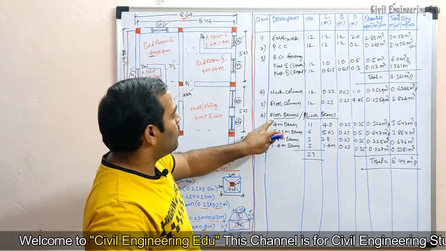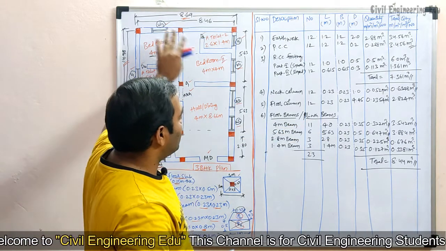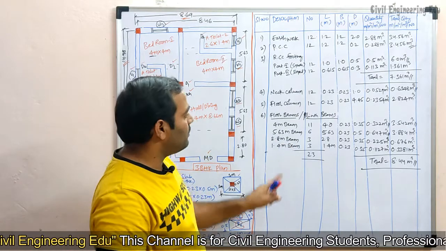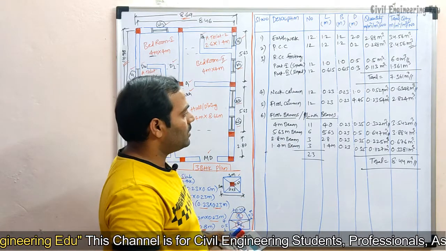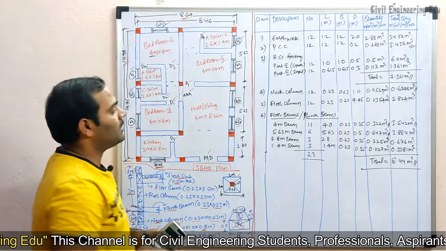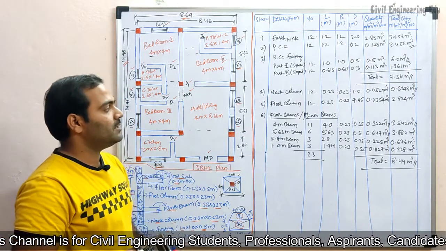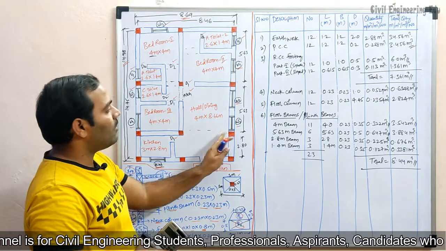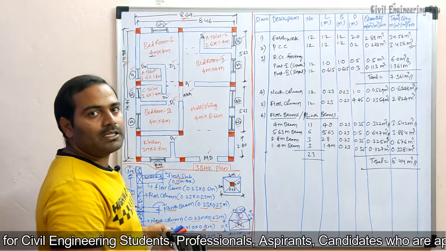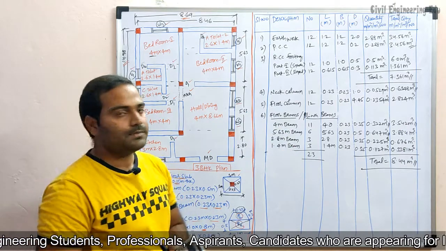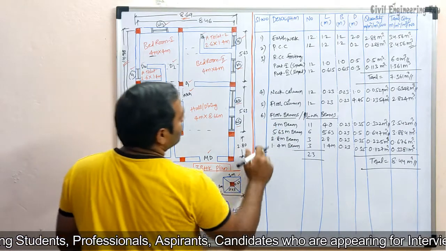The beams may be floor beams or plinth beams. I have taken the same layout, so I have done the calculation for only one, that is floor beam or plinth beam. So this is how we will calculate floor beams or plinth beams. If the beam layout is changing, one beam may be added or one beam may be removed, so based on that we have to do the calculation in the same procedure. Now coming to the floor slab.